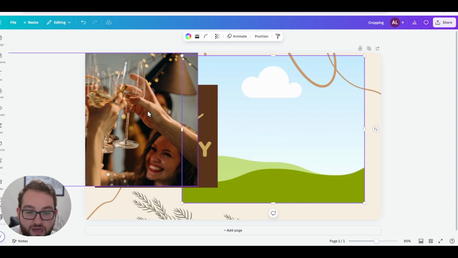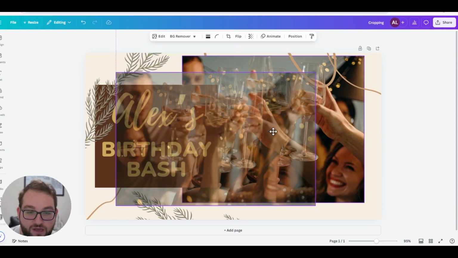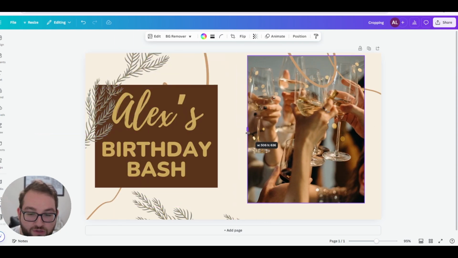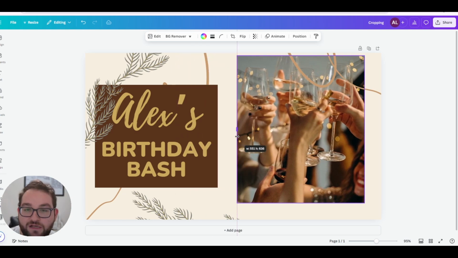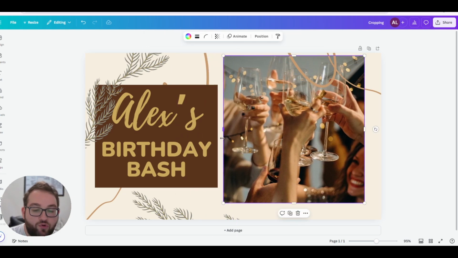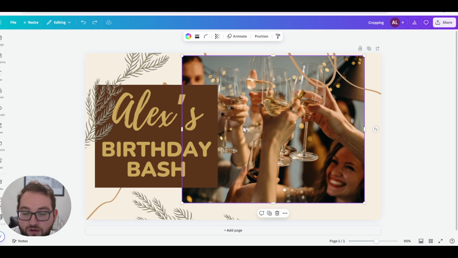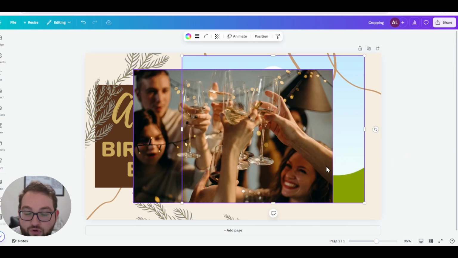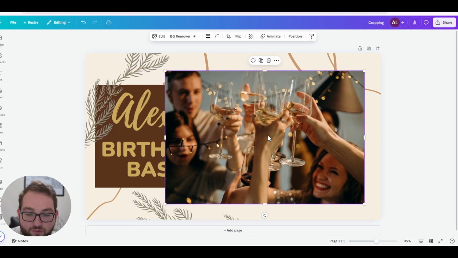And when you do that, it will automatically adjust to that frame, so that when you crop it, it's going to crop it into that original aspect ratio. So in order to fix that, just like you saw, you right click, you click detach image, and now if you don't want this, you just delete it. And now when you crop it again,